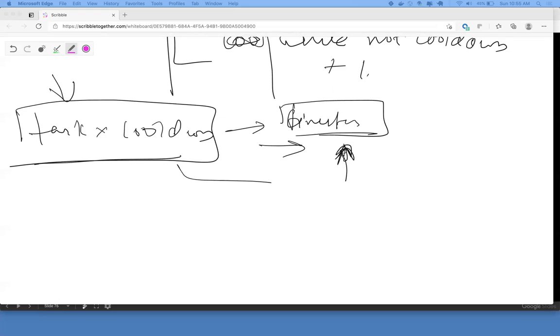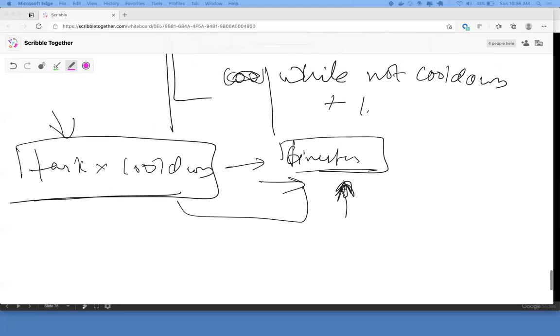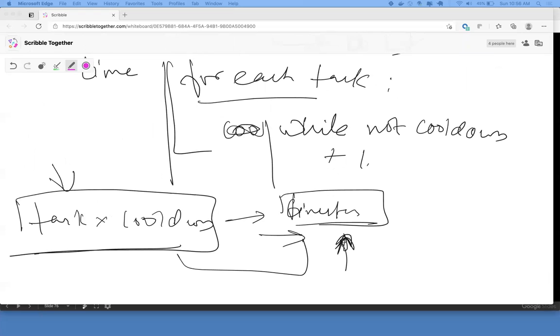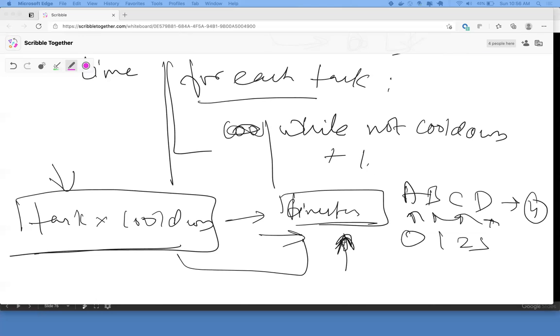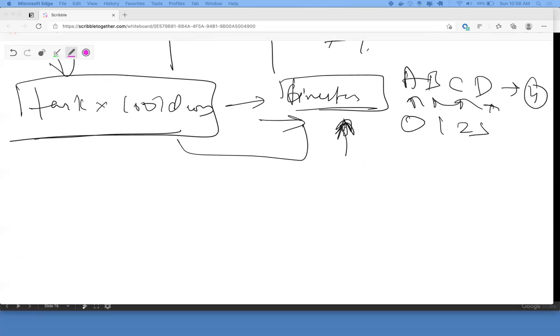For example, we have a 2-second cooldown time, and we have tasks A, B, C, D, and let's assume that none of the tasks repeat. At the end the timestamp is 4, since it took 4 seconds to complete, like this: 0, 1, 2, 3. And if you have A, B, A, C, A, B, D, at the end you'll also have the total timestamp that it took. So you return that.